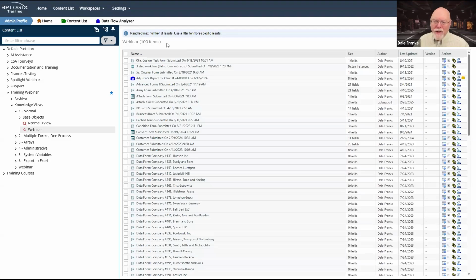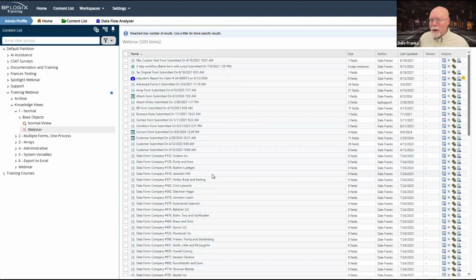And once it stops looking, it is then going to do the sorting, which is another thing you need to keep in mind. By default, a knowledge view always sorts on the first column. Usually that's the name column, that's the default column. And most often that is the one default column that we never change, that we always keep. Occasionally we'll have to do something a little different, a little tricky, but for the most part, we always keep this name column. And by default, this column is always sorted.